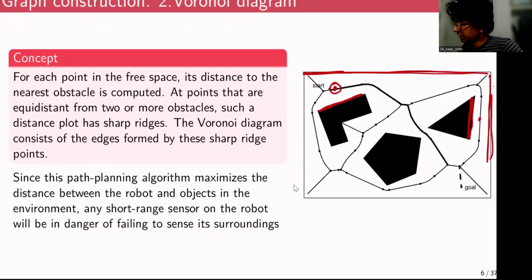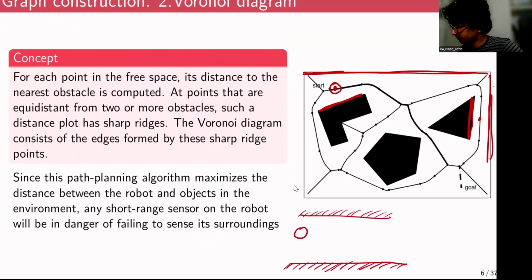So what it means is that, if there are two obstacles, if you consider this to be one wall, and this to be the second wall, and this is a robot, right? So the Voronoi method essentially tries to maximize the distance